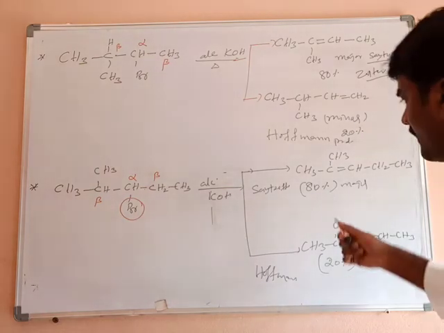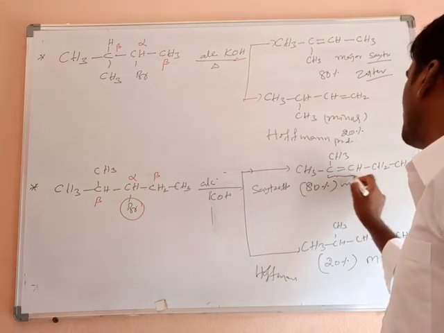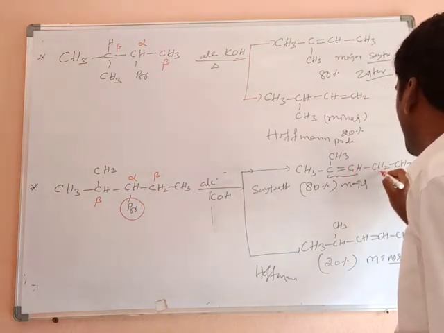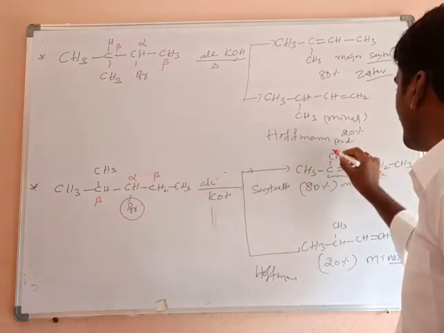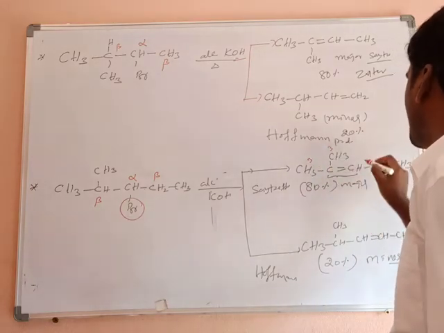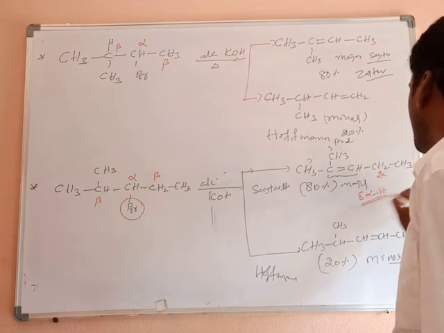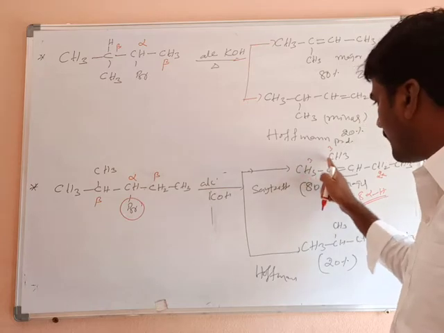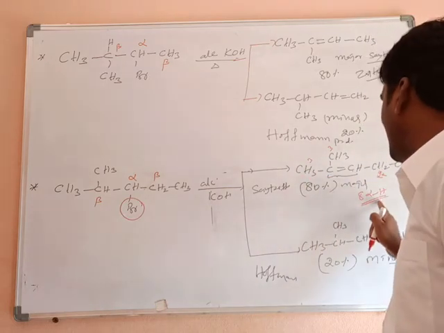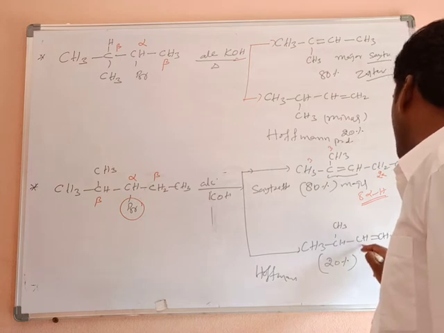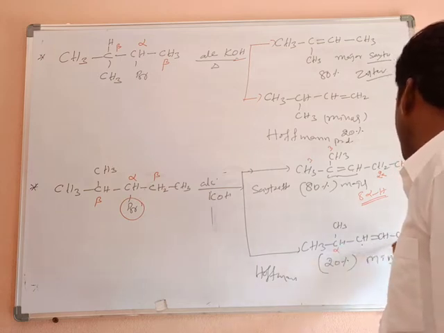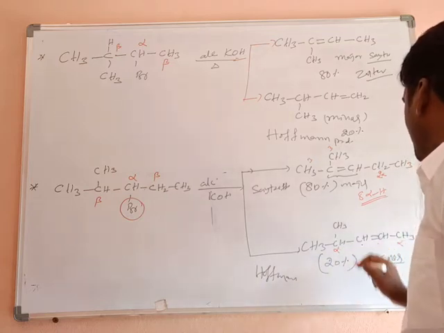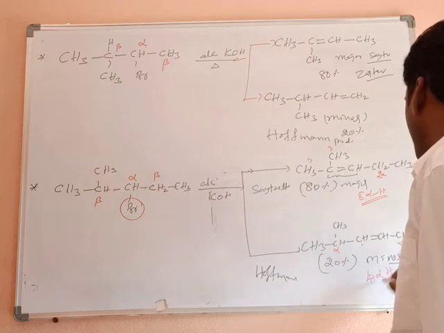Clear? Now in this reaction, this is an alkene; the multiple bond carbon is the alkene. This double bond carbon has how many alpha hydrogens? Here 2 alpha hydrogens, 3 plus 3, total 6, plus 2, 8 alpha hydrogens are there here. How many alpha hydrogens? 8 alpha hydrogens, with respect to these double bond carbons: alpha, alpha, alpha. Now what about this? With respect to this carbon, this is alpha and this is also alpha. How many hydrogens are there? 1. How many hydrogens are there here? 3 hydrogens. 3 plus 1, 4 alpha hydrogens over here.